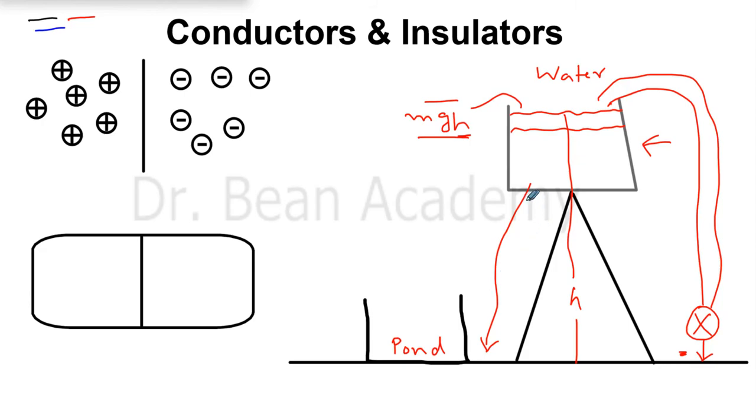But unfortunately, water has no way to go down to the ground. But if you give water a proper way to go back to the ground, it will happily go. You just have to give it a proper way. Unfortunately, in this condition, it is confined in this water tank and it has no way to go back to the ground. So now if you want to fill water in this pond, you have to give this water a proper way. Suppose you make an opening near the bottom of the water tank through a pipe,